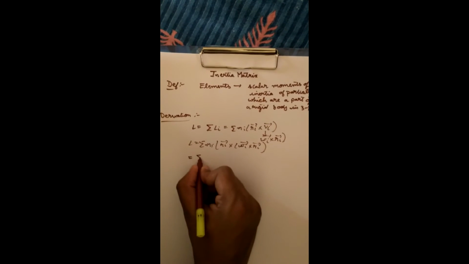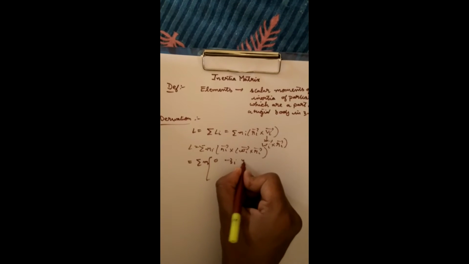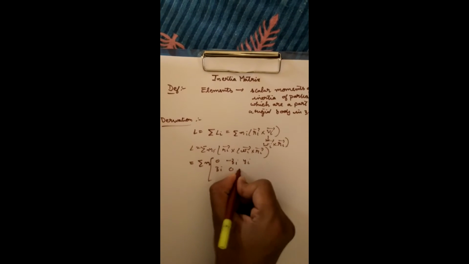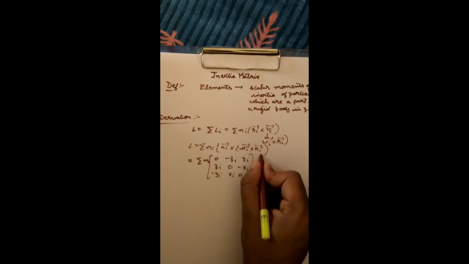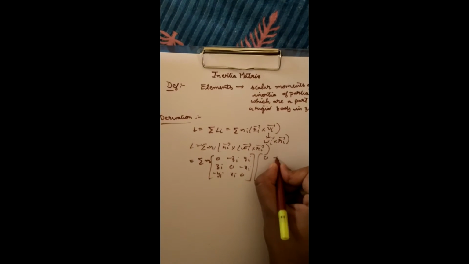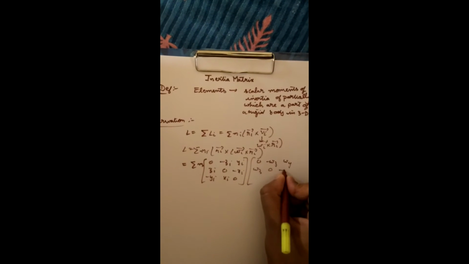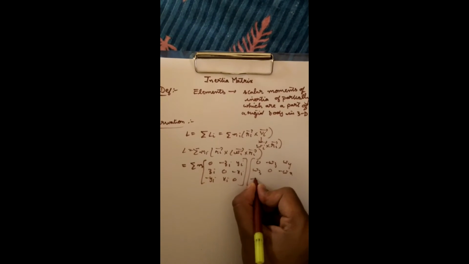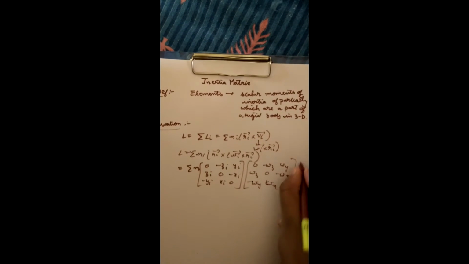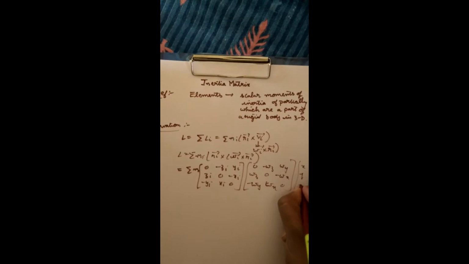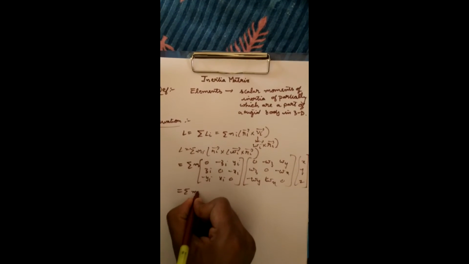In matrix notation, this can be written as follows: the matrix with rows 0, minus Zi, Yi; Zi, 0, minus Xi; minus Yi, Xi, 0, multiplied by the matrix with rows 0, minus omega Z, omega Y; omega Z, 0, minus omega X; minus omega Y, omega X, 0, into X, Y, Z. So therefore the product can be written as